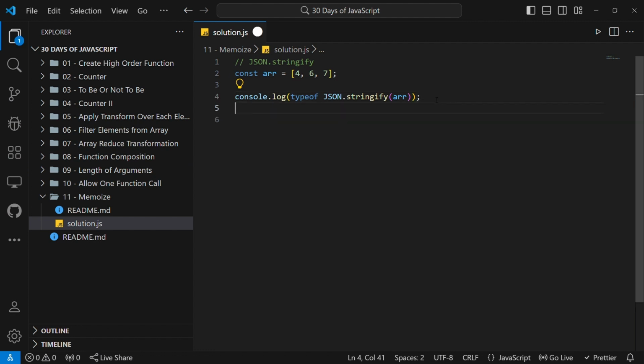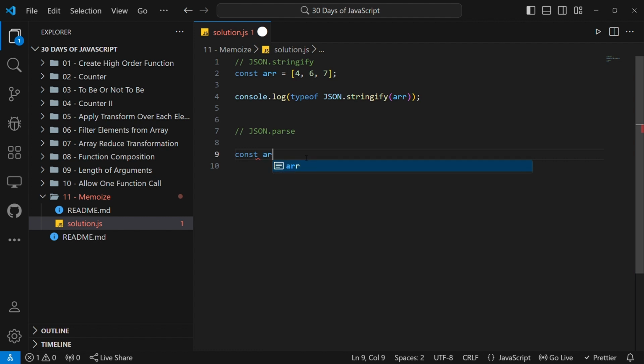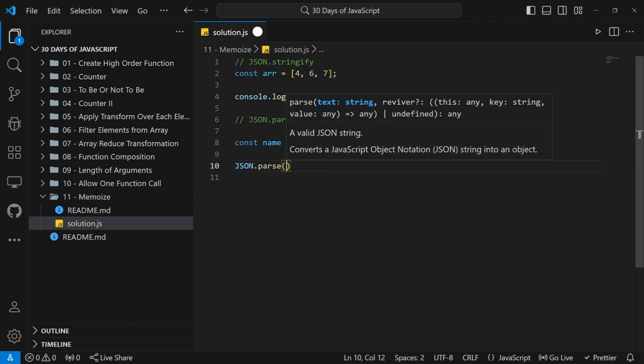And there is this other one called JSON.parse. It's just the opposite of stringify. It takes a string and converts it into a JavaScript value. For example, let's say I have a string. Let me call it name. Let's say it's a string of an array like that. So this is a string, not an array. So if I pass it in JSON.parse,